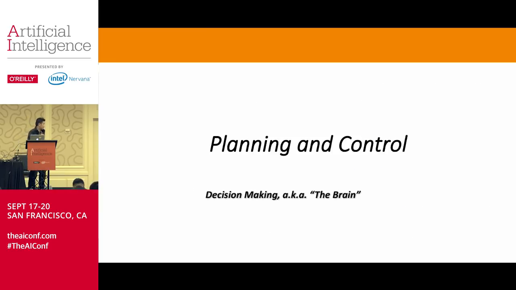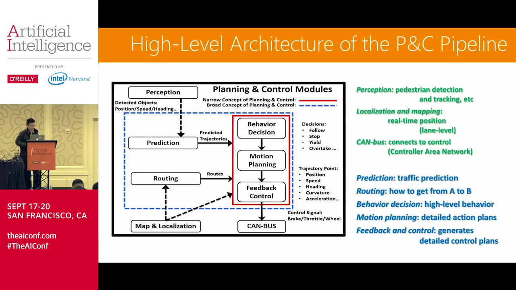Again, that's the very short introduction of perception. Then let's talk about the brain of the vehicle. The planning and control is very complicated. If you think convolutional neural networks are complicated enough, this one is more complex. So that's the whole very, very high-level architecture